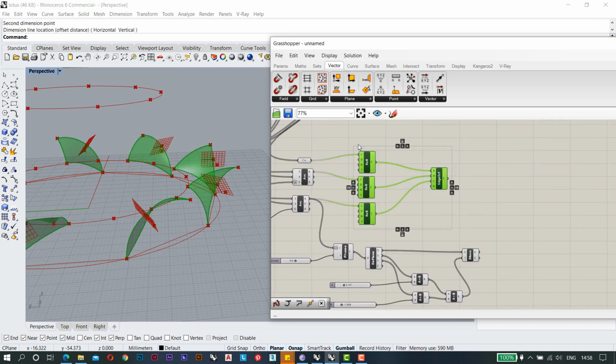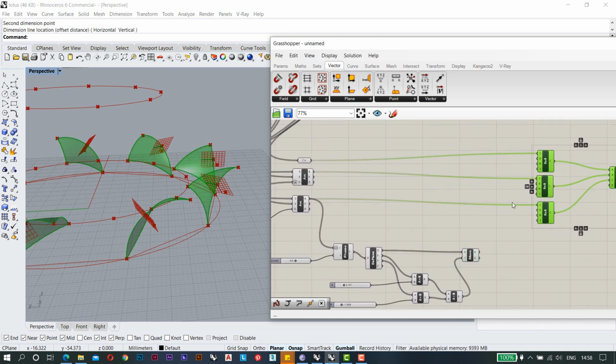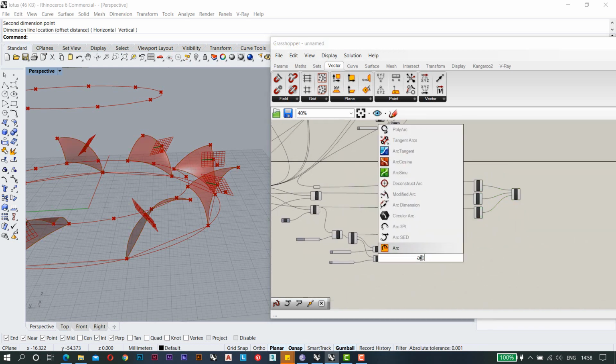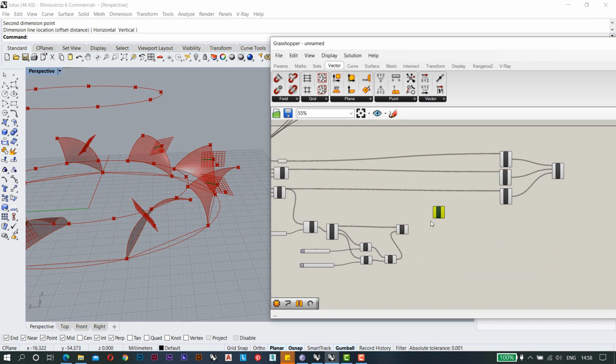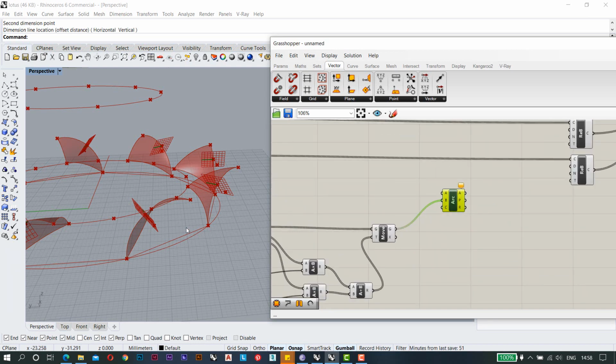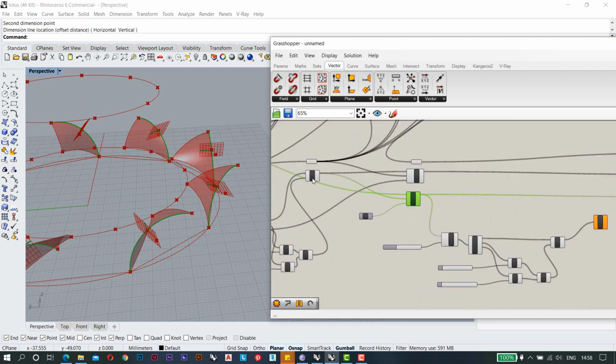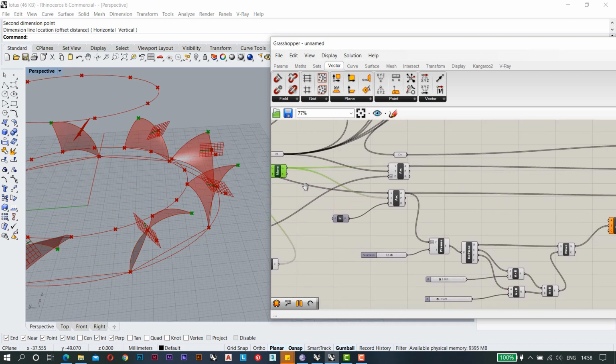So what I'm going to do now is use the 3-point arc system, which is this one. So the middle point is this one, and the start point will be this point.